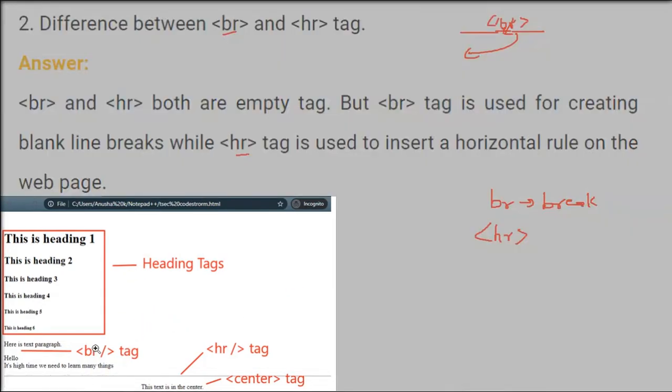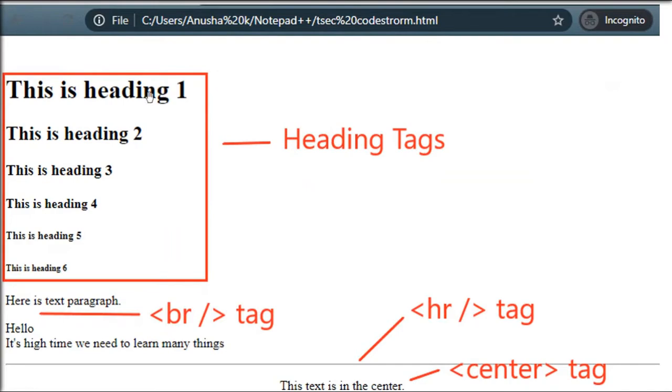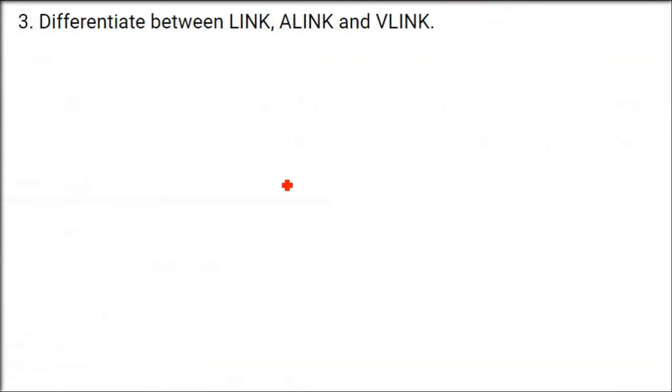So let me show you an example here. There are certain other things also here, but if you see, here a text paragraph is written. After that, while HTML programming, we have placed a BR tag. That is why we have a line break. In this, after this content, we have put an HR. That is why after this HR, we have a proper line being shown. So just put the HR tag here, you will have a line. Like a ruler, you draw a line using a ruler. That is why the name is HR.